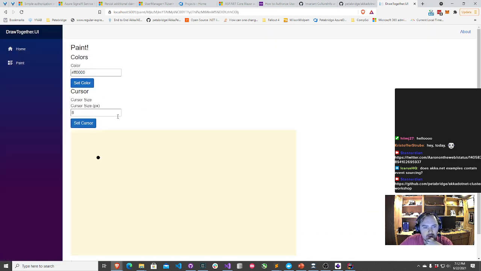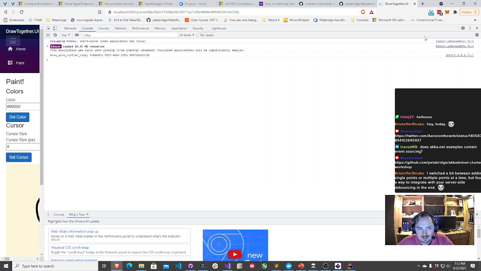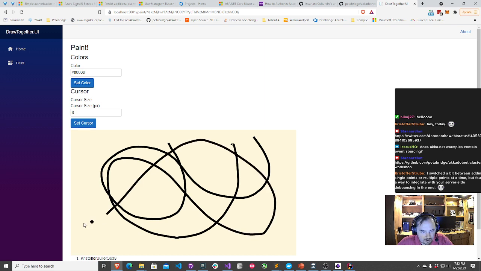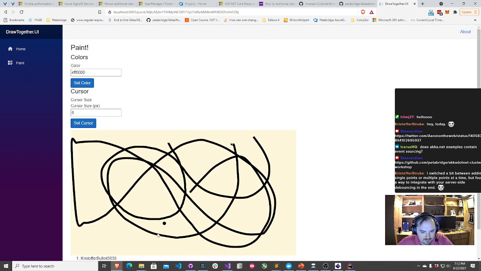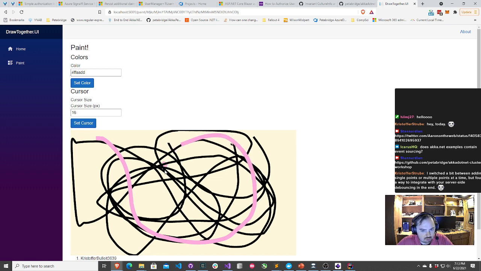We'll go to Paint, launch new session. Let's see. Now, are we having issues? Looks like, yeah, we had an issue. We had this problem last time where it looked like it took SignalR a while to start up because the number of open ports was too low. All right. This looks pretty smooth, Christopher. So if I let go, and I want to change colors, let's change the cursor size.